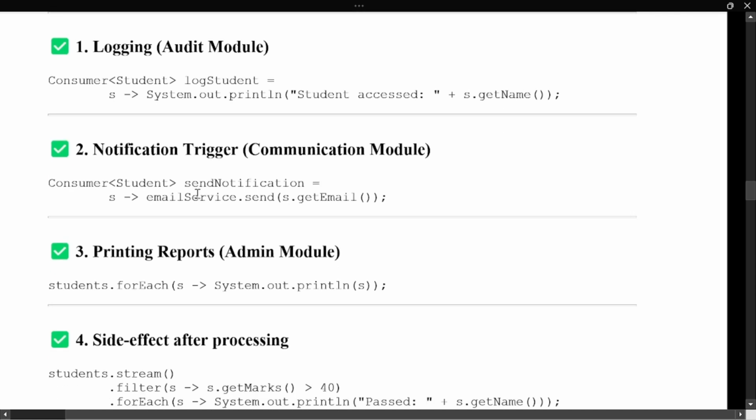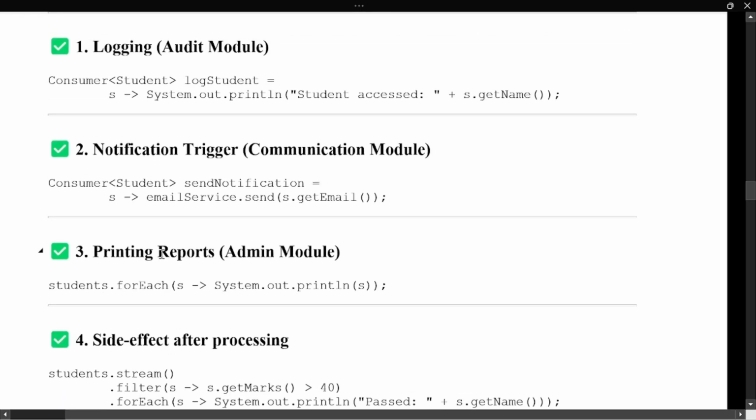So, notification trigger. Inside the communication module, we have Consumer of Student with variable name sendNotifications, and on the right hand side the student object, emailService.send(s.getEmailId). We're seeing all these